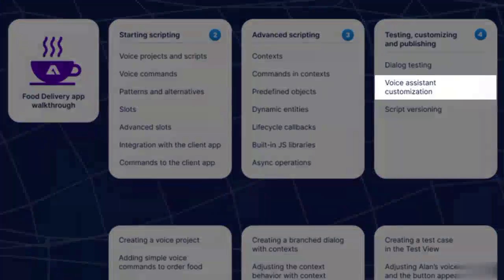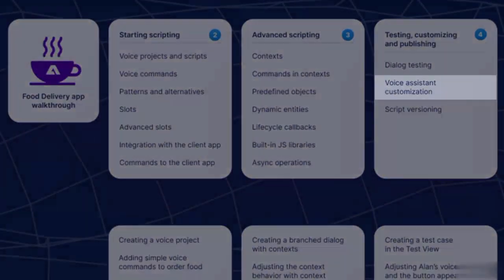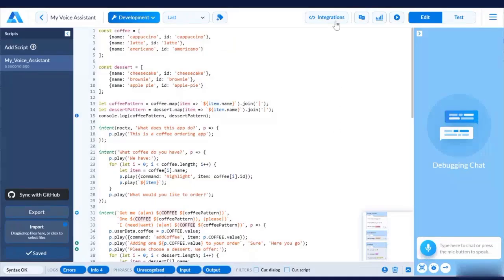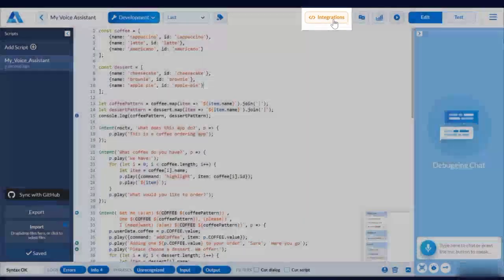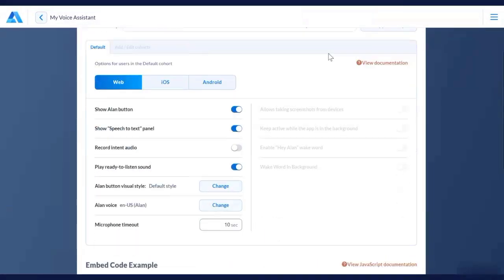Alan provides a set of options to customize your voice assistant so that it fits your app, UI, and brand. Options for customizing your voice assistant are available in the integrations view. Some features are only available on premium plans, but in this video, we're going to cover all potential customization features